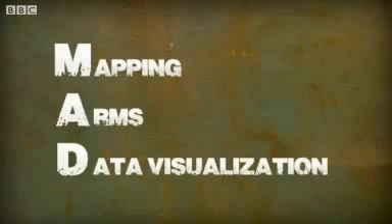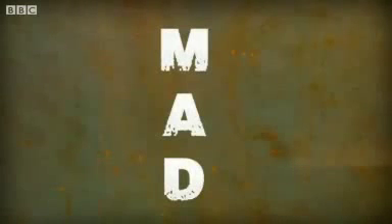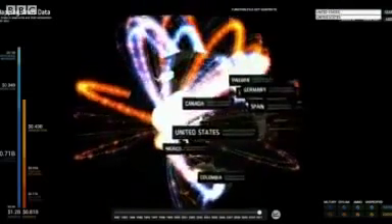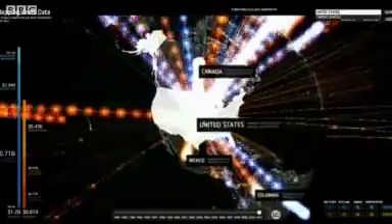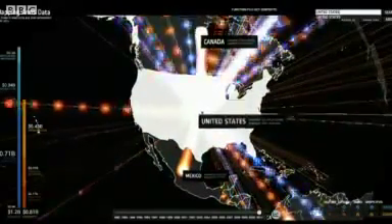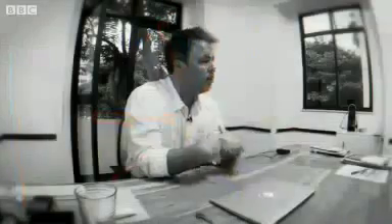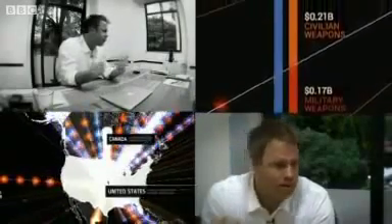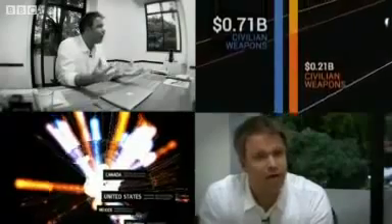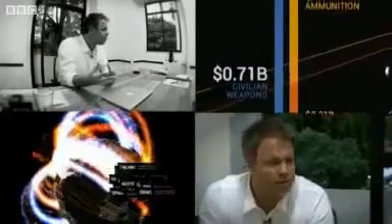MAD stands for the Mapping Arms Data Visualization Tool, which essentially was an exercise in trying to visualize the entirety of the global small arms and ammunition trade around the world. And it was designed originally with Google Ideas to talk about how technology can potentially disrupt illicit networks through transparency, through action, through visualizing complex phenomena in ways that would allow it to be accessible by policymakers, by activists, and